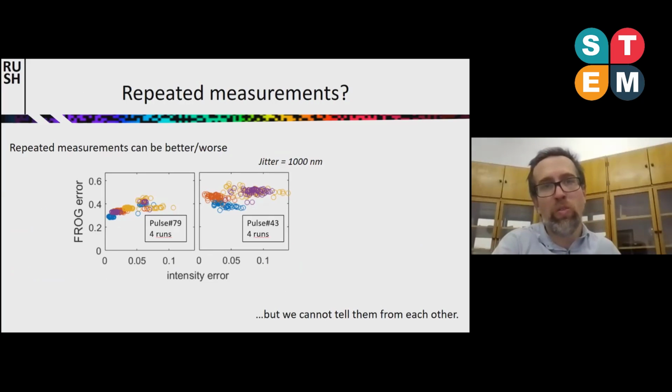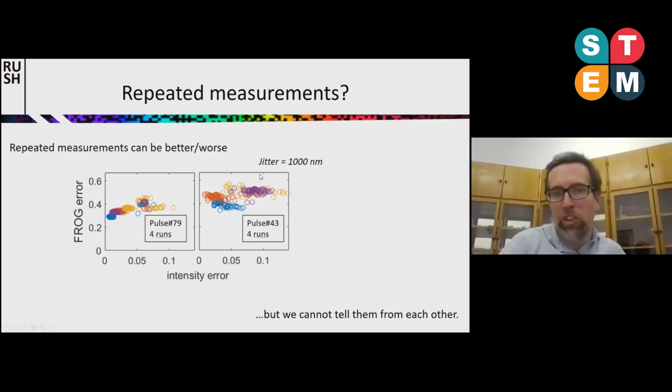So one of the apparent things would be, okay, maybe it matters how I do it. Maybe some noise patterns are better or worse than the others, so maybe I can be lucky and get a better measurement. So we took 2 random pulses. They have a certain number so that we can repeat the measurement. And we tried different simulations.